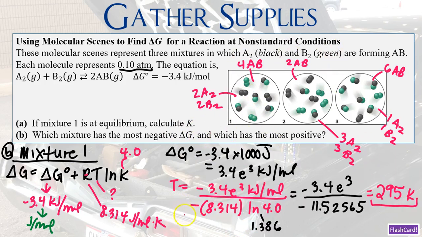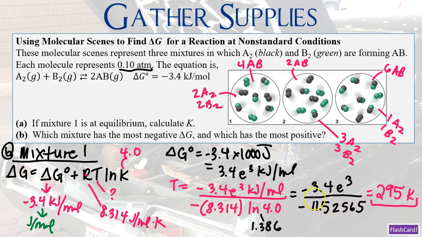All right, so I already have my expression to solve for temperature, but I must do one thing. I must convert my delta G naught units into joules per mole. Why do I need joules per mole? So that I can actually divide this number by 8.314, which is also in joules per mole. So now my delta G value is 3.4 times 10 to the 3. So my temperature is going to be negative 3.4 times 10 to the 3 joules per mole divided by negative 8.314 times natural log of 4.0. I took the natural log of 4.0 and I get 1.386. I'm going to multiply that by 8.314 and I get